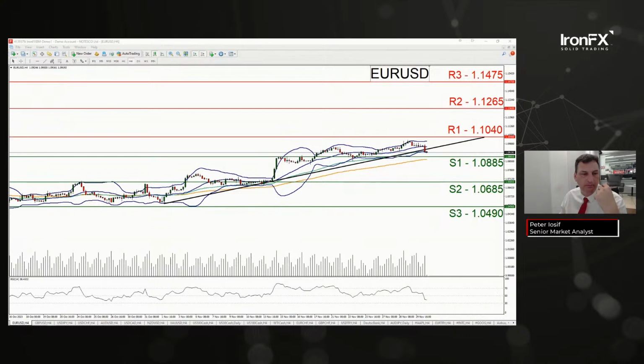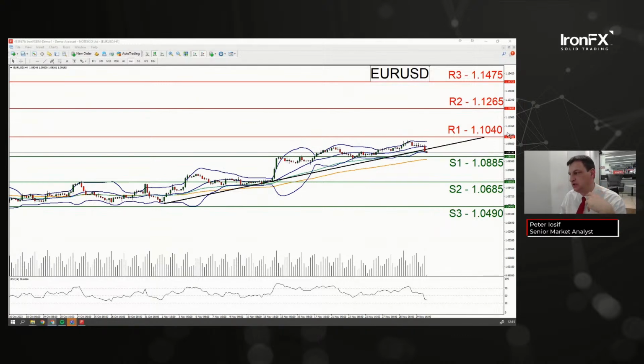and that more or less highlighted exactly the easing of inflationary pressures within the Eurozone. Such readings could more or less highlight the possibility of the ECB actually starting to ease its hawkish stance. And it's well known that the bank had highlighted that rates are to remain at high levels for a prolonged period of time, with some ECB policymakers also mentioning the possibility of another rate hike, say, for example, Germany's Bundesbank